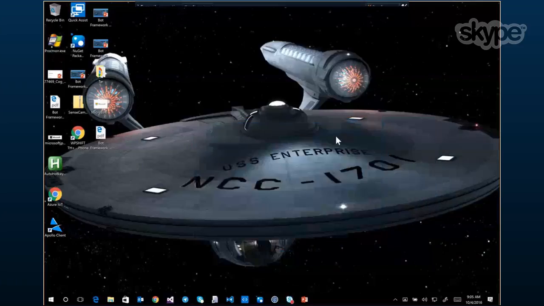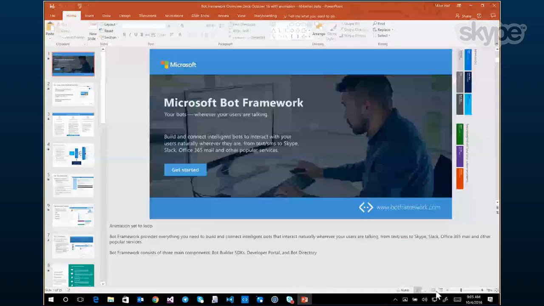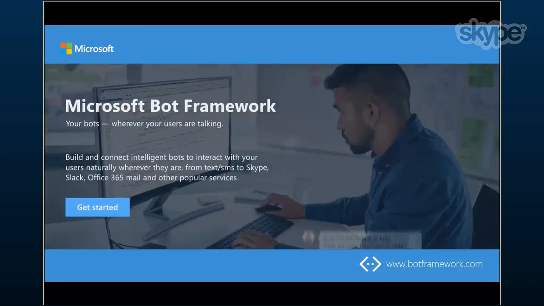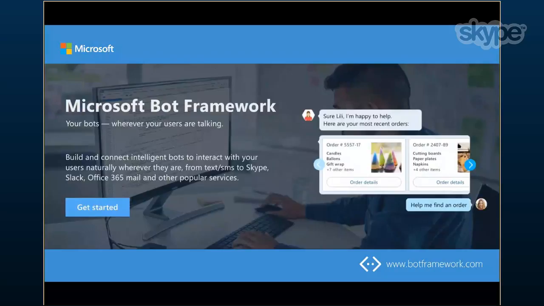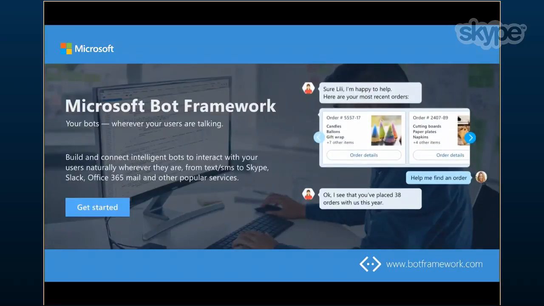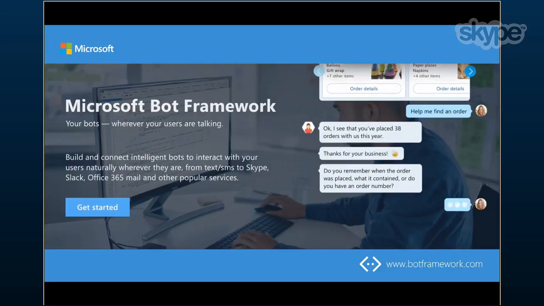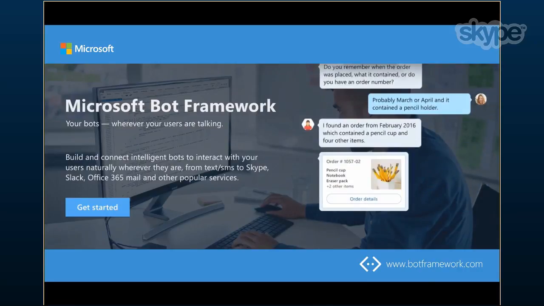Okay, I'm just sharing my desktop. Let me know when you can see it. Awesome. Sure can. Okay. So the presentation today is going to be in two parts. The first part is a slide deck where I'll talk about bot framework and some of the related technologies to bot framework. And then we'll take about 10 minutes to build a bot from scratch, which will include a number of different technologies and show you how the pieces fit together.